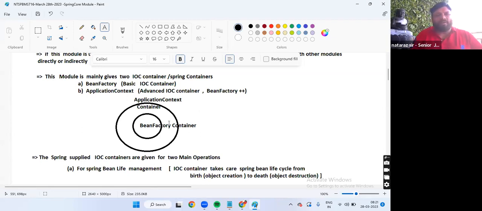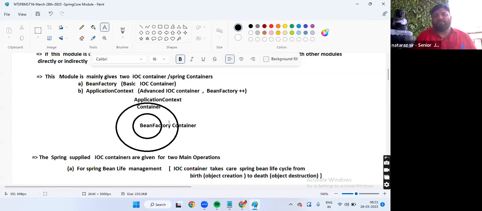Loose coupling among the modules will help us to use our choice modules in application development. Why use everything every time when there is a need of few things? When there is a need of few things, there is no meaning of using everything every time. It will reduce the burden on the programmer, the burden of application development.